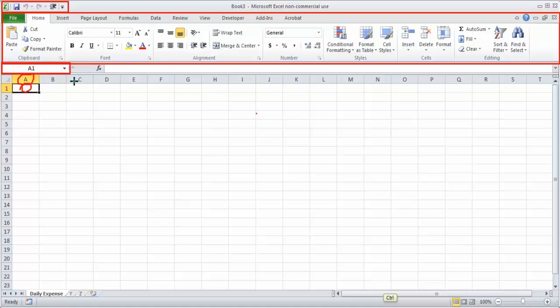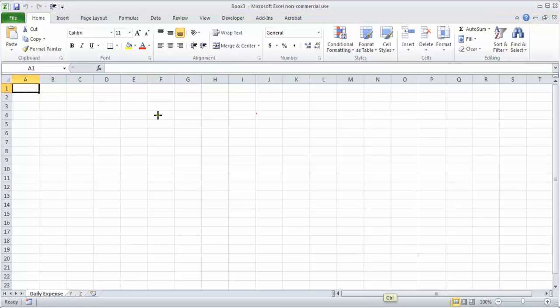Okay, so you have this as the name of the columns. So you have column names A, B, C, D, like that, and the rows are named 1, 2, 3, etc. So if you see this particular cell, it is referencing A and 1, so it is your cell A1. You find that over here A1 is mentioned. If I go to some other cell, you can find here you have cell G5. Like that, all the cells are mentioned.